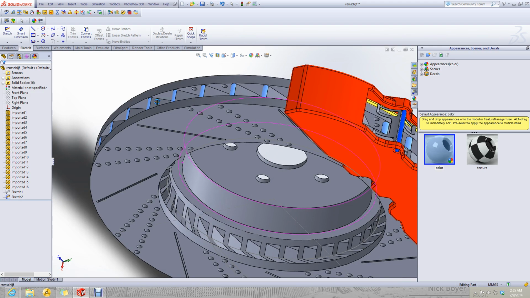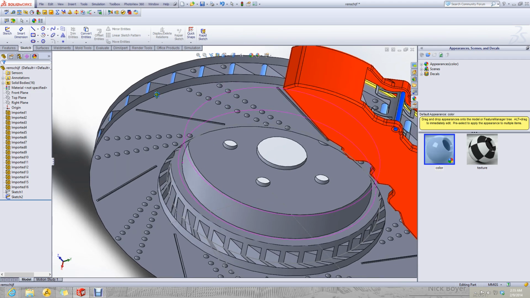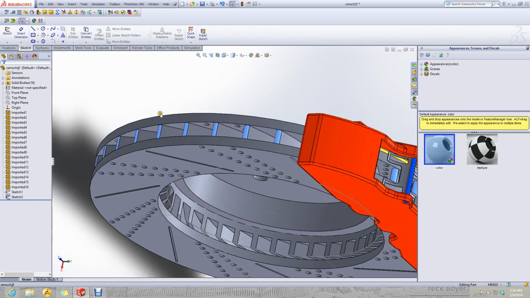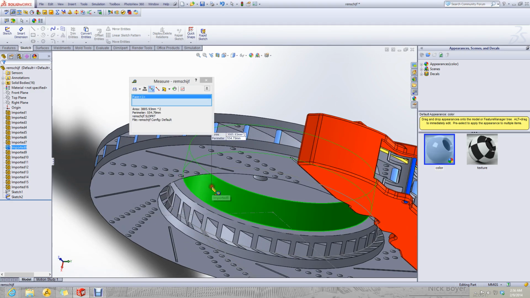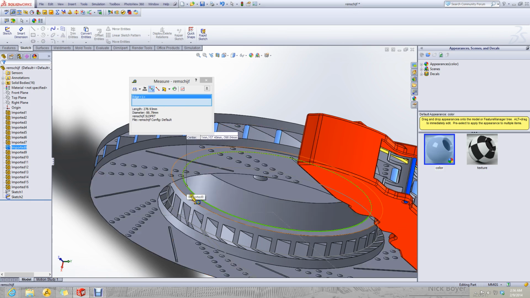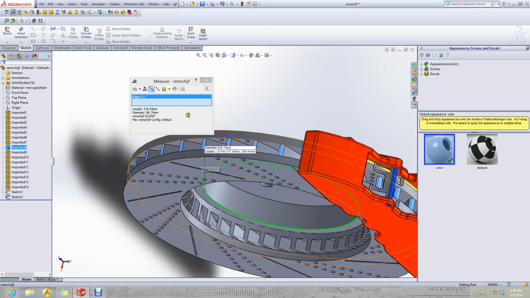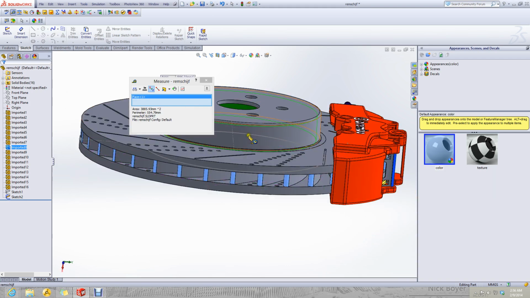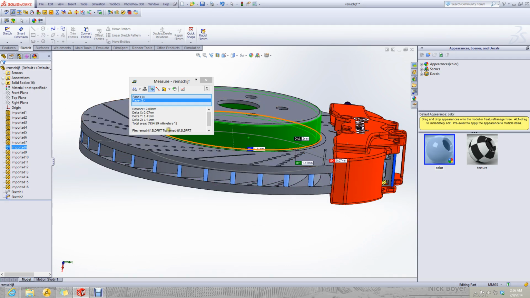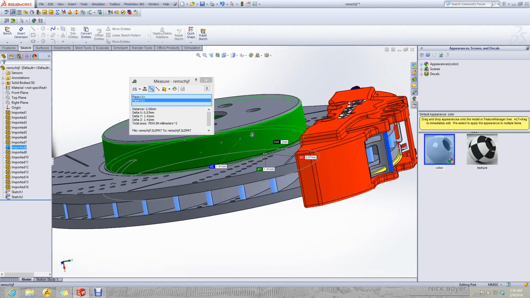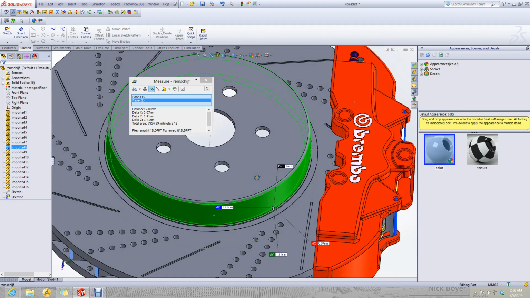This feature can be more conveniently drawn by the revolve feature. Let's check out what is the thickness. The thickness is 2 millimeters, 15 millimeters height,